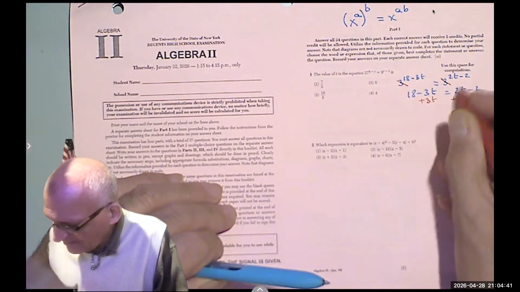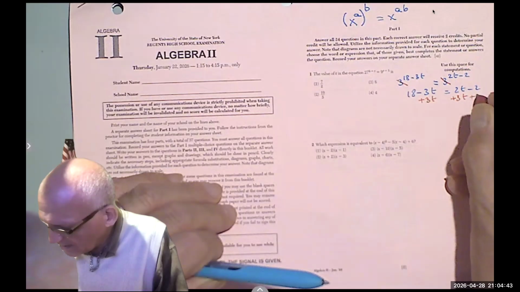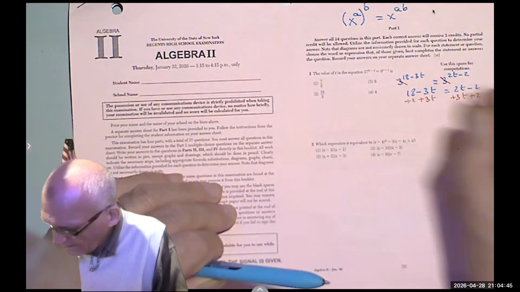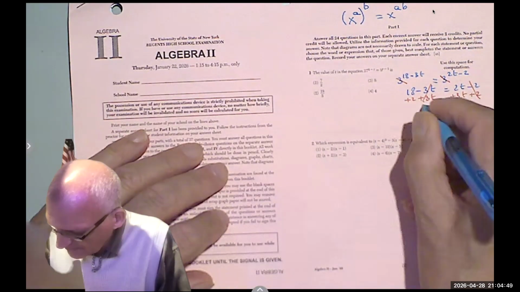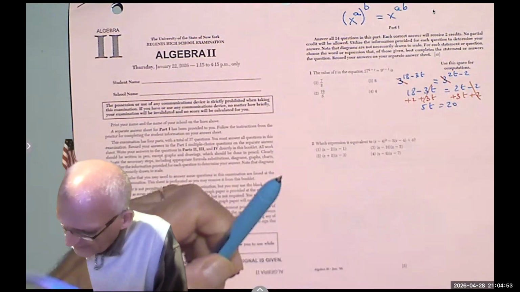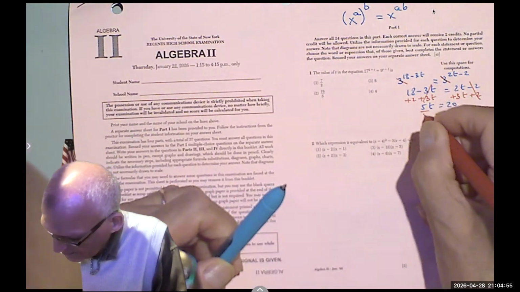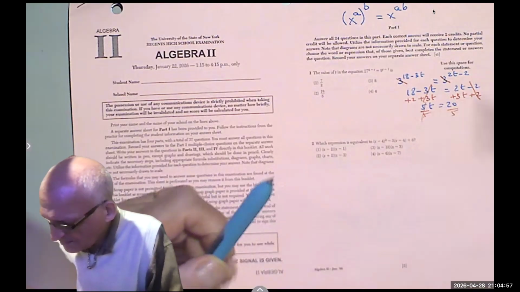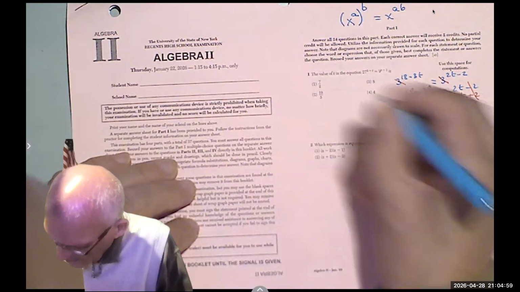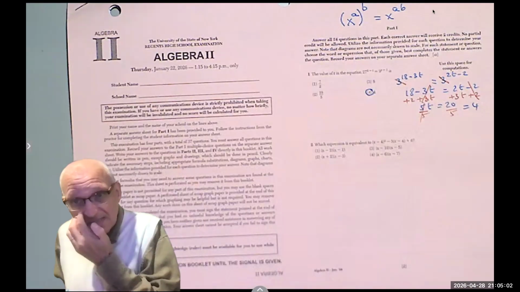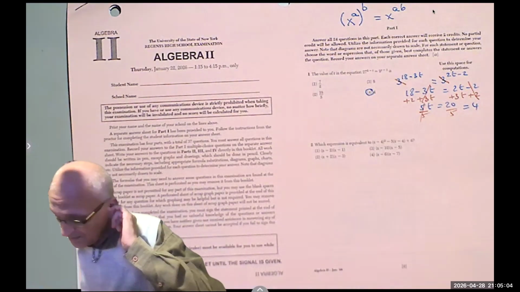And then if I have the t's here, I don't need the constants. So 3t plus 2t is 5t. 18 plus 2 is 20. Dividing by 5, we get t equals 4. Which is number 4. That shouldn't take you long. The next problem,